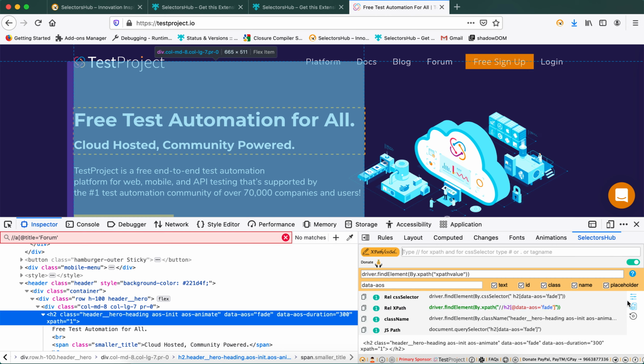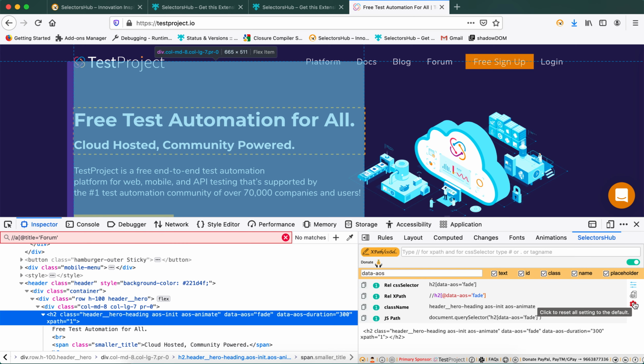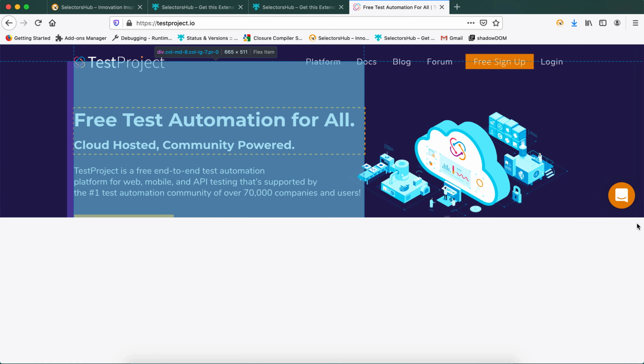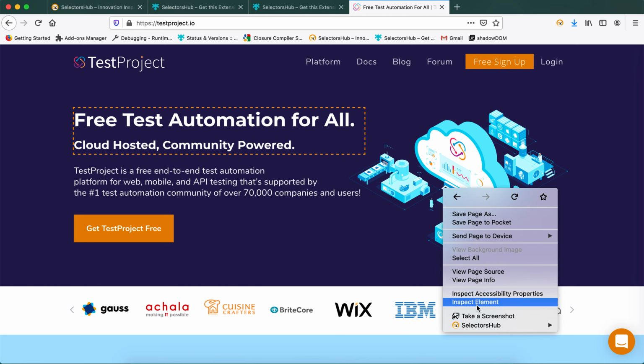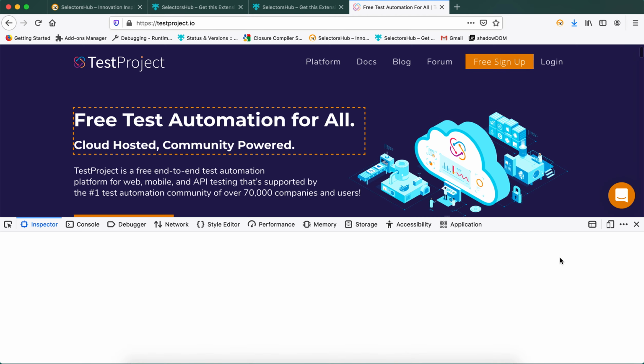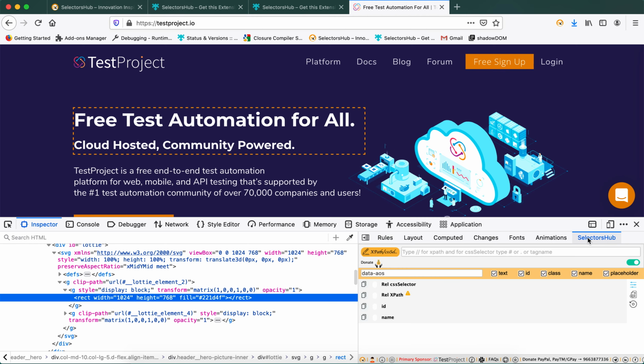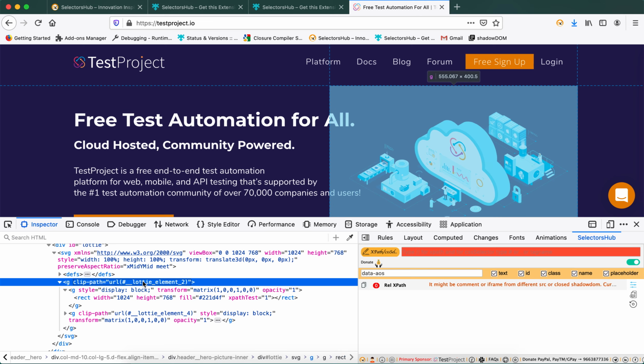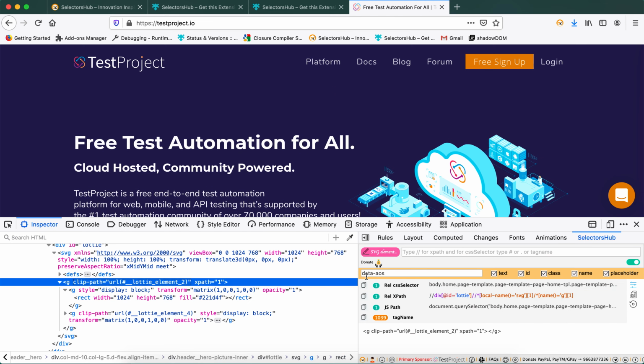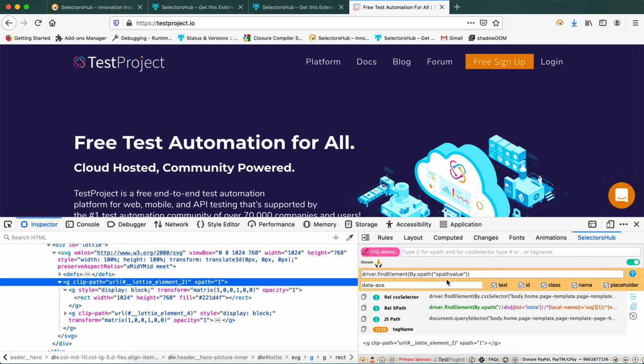And if you feel at any point of time you don't want this command, you can turn it off, and whatever you have saved, that will be saved. Let's say you have saved this attribute as well as that command. If you close this and open it again, that will be there. You need not worry about whether it will be there the next time you open it. So you see that data AOS is still there, and if you turn it on, that command will also be there.